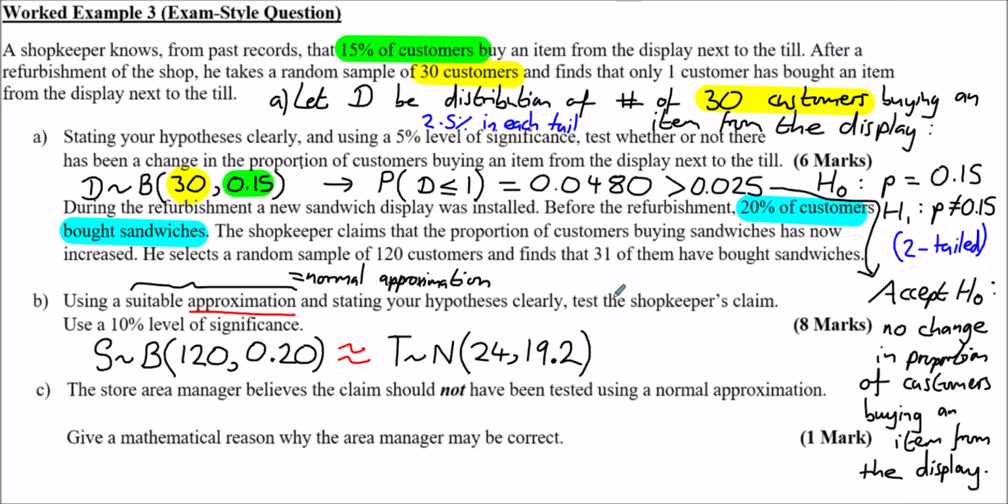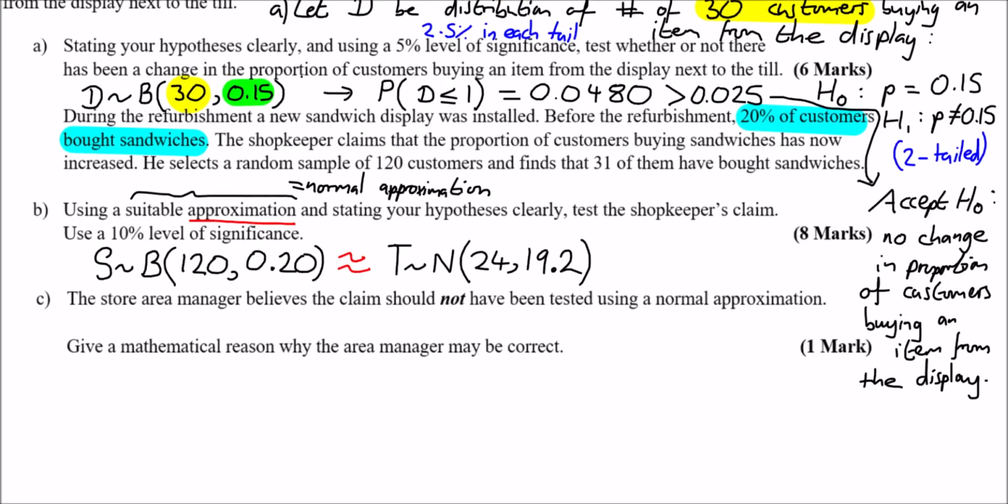So, next up, we're told at this point about the store, we need to then now test this shopkeeper's claim, don't we, using a 10% level of significance. So this shopkeeper is claiming that the proportion of customers buying sandwiches has increased. So here for B, if I just make a bit more space for myself for B,